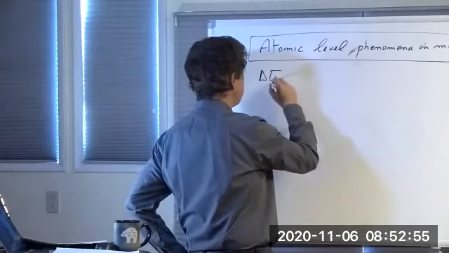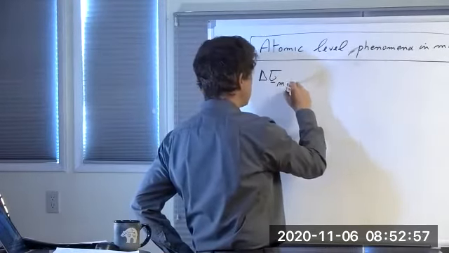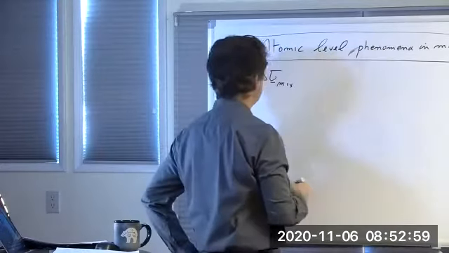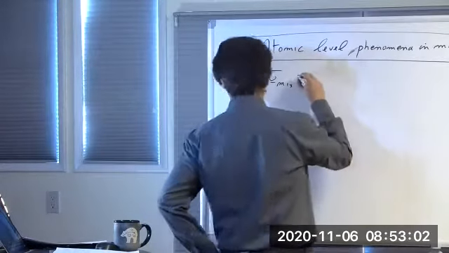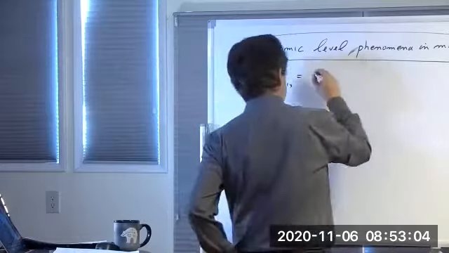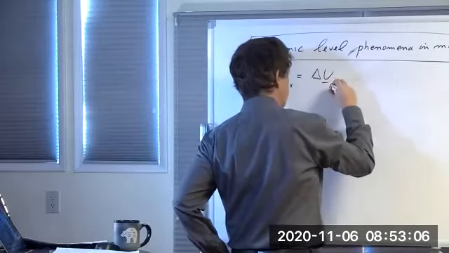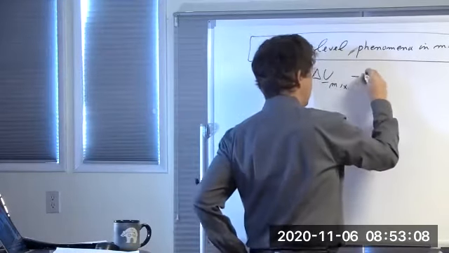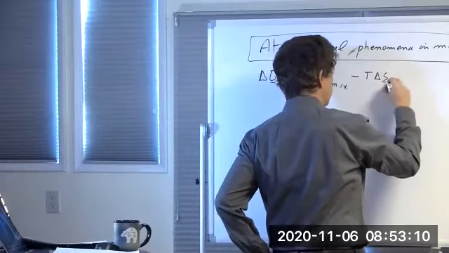If you think of the free energy of mixing at constant temperature and pressure, well, delta G is delta U of mixing, which is an internal energy part, minus T delta S of mixing,